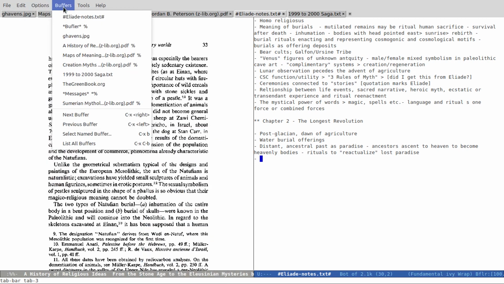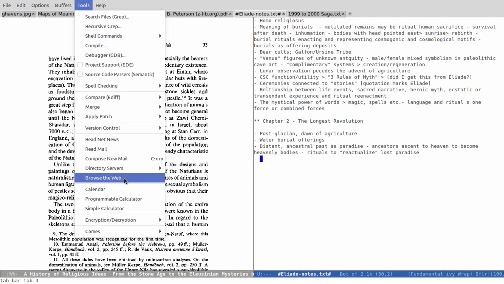And once you get used to the buffers, this is everything you need to know about buffers to get started. And then there's all of this that's waiting for you. And of course, it has things that you're not going to see anywhere else, like it has its own web browser. And you can also load outside web browsers inside Emacs, which is something I'm learning about.